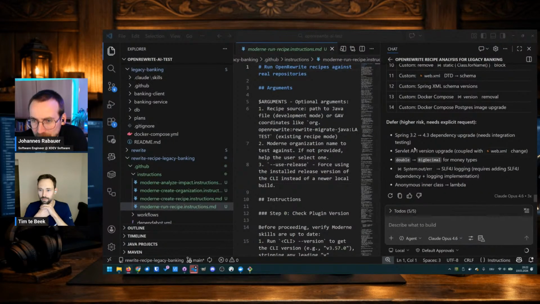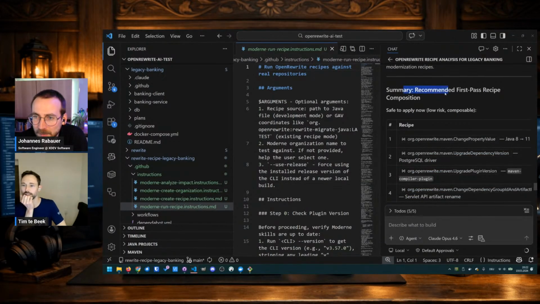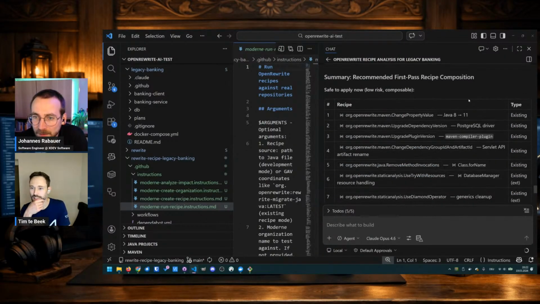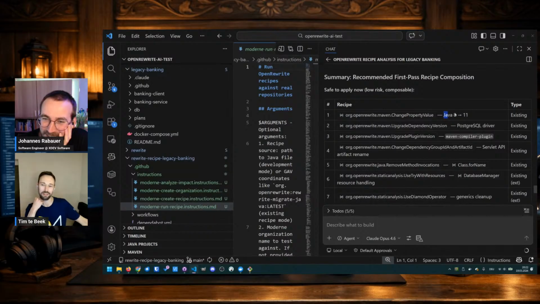Let's see. I think it's done. Okay. Summary. Recommended first pass. That's a very granular way of doing your upgrades. Yeah. Change property value. Yeah. What? It'll work, but